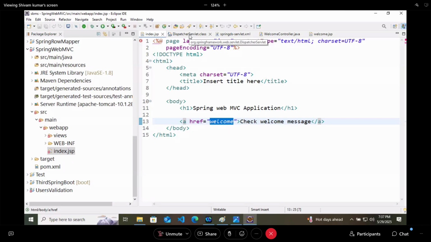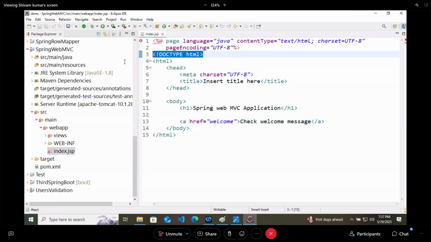In our index file, there are just simple HTML tags like HTML, head, title, body. In the body, we have one H1, that is Spring Web MVC application. And we have one anchor tag.